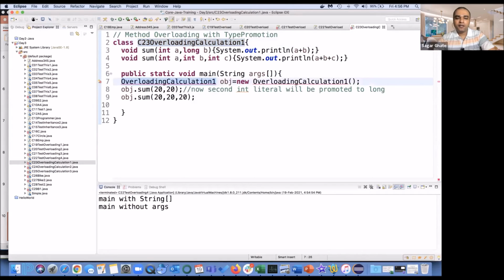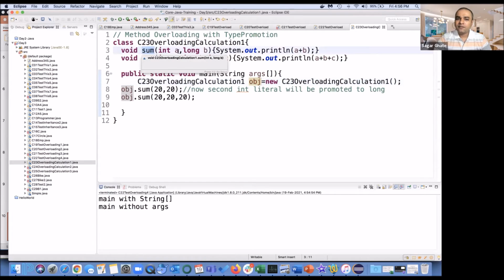Now in the PPT, you might have seen that chart where I was explaining the smaller can be promoted to bigger, bigger cannot be demoted to smaller implicitly. So now we have this created object, and this is an example of method overloading where you are having some with 2 parameters and some with 3 parameters.